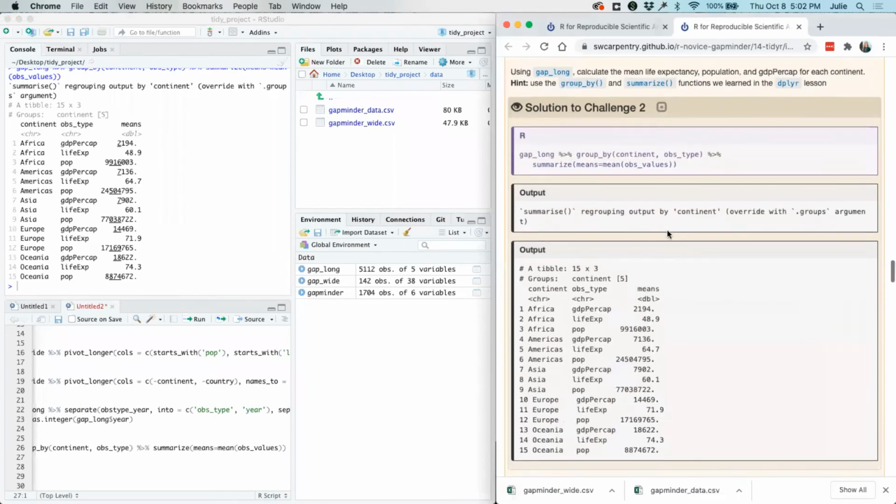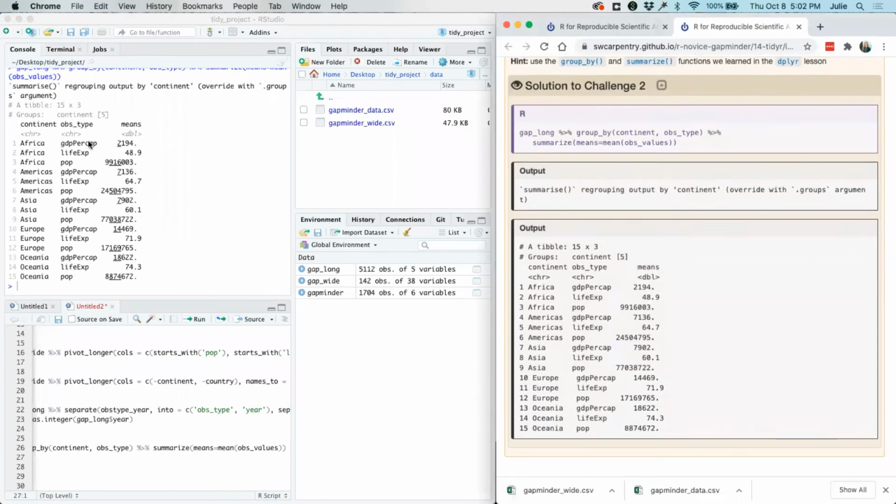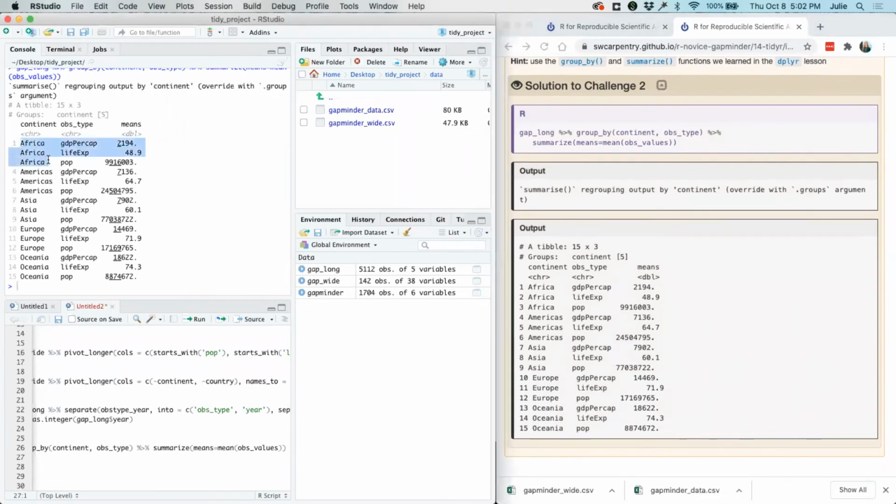that has organized our data, categorized our data by continent, and then listed the mean for each of the GDP, the life expectancy, and the POP. So it's a great way that you can use R and a nice, tidy data frame to easily do some calculation on your data. And we can easily see that, looking at the GDP and the life expectancy, as the GDP increases, as does the life expectancy, roughly.